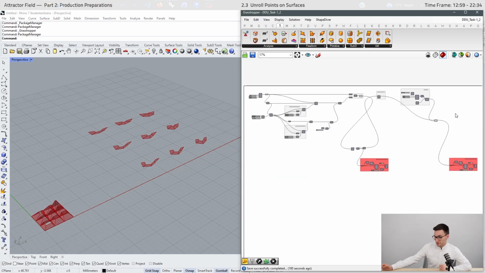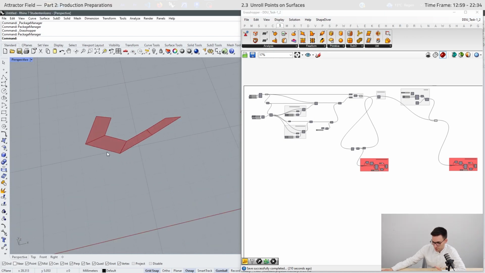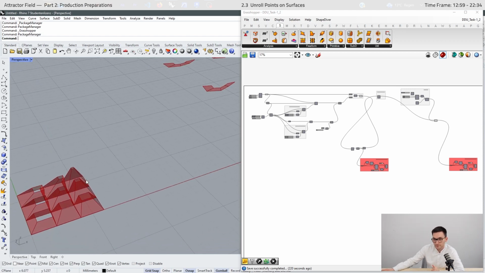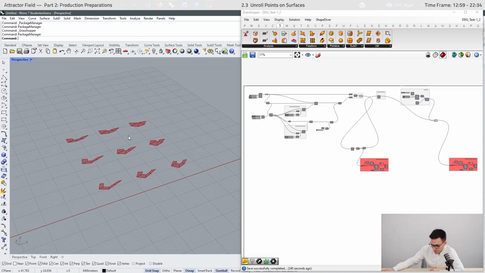We will now build the connection parts. For this we need to find out which edge we have to edit and in which direction we have to adjust it. So for this reason we will work with the 3D geometry and unroll points that lie on the surfaces in order to be able to use the points as references right here.